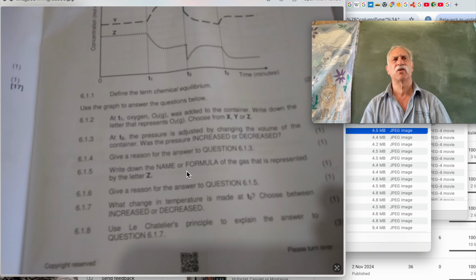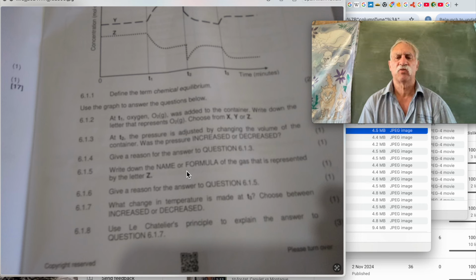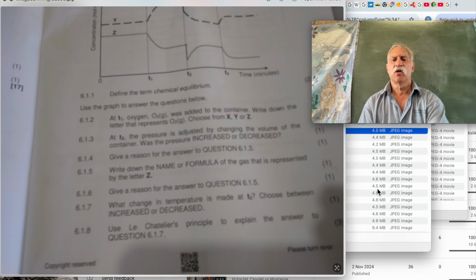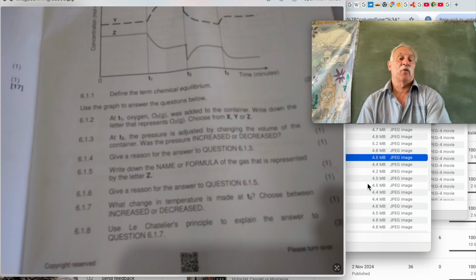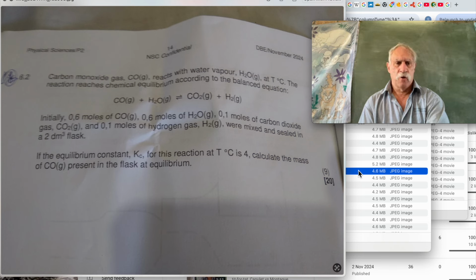Have I ever used equilibrium other than in fizzy drinks? And nobody using fizzy drinks even thinks that there's an equilibrium somewhere there. No. So, nice to know, but absolutely worthless in practical life. And